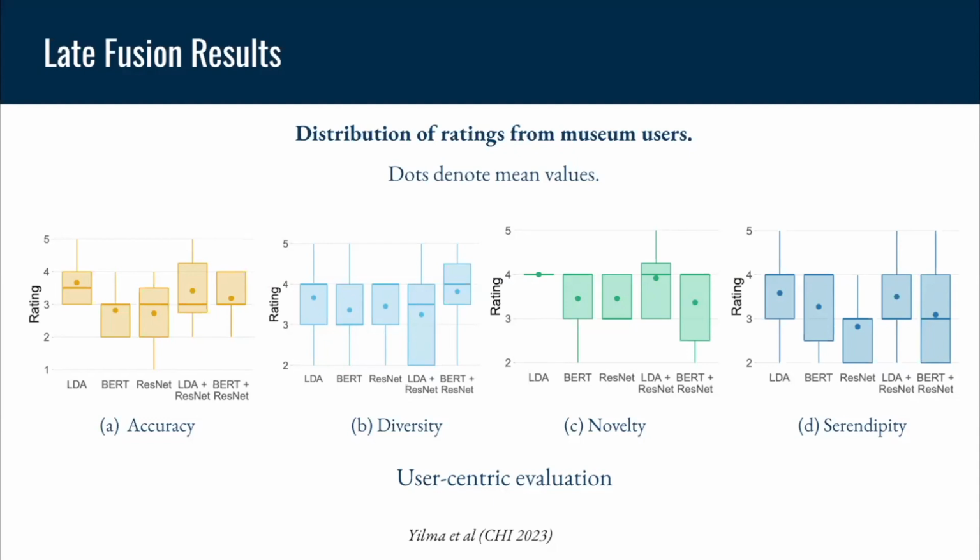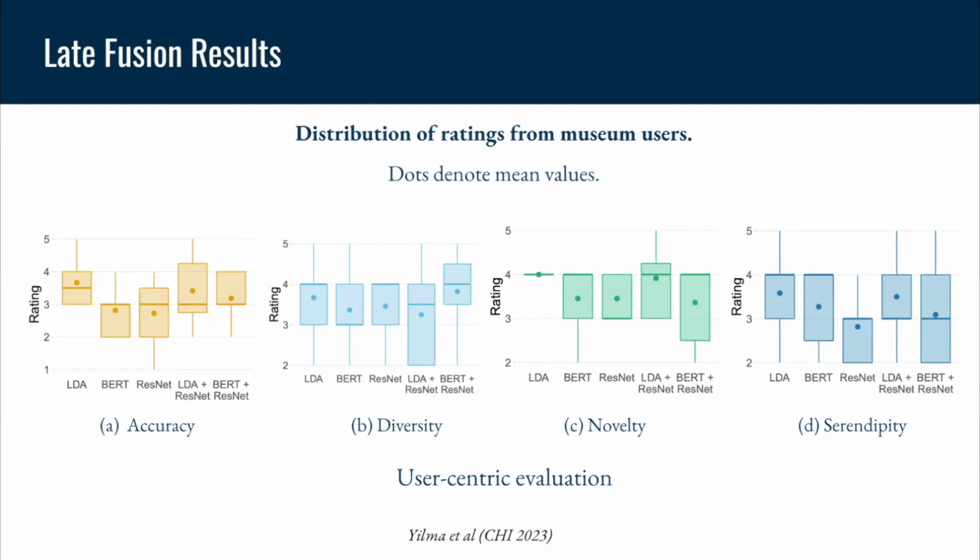And sometimes users would like to receive a painting or an item which is kind of diverse. They want to learn something new they didn't know before. And novelty basically captures this. How novel were these recommendations? Did you find something new that you didn't know before? Or how surprising were the recommendations? So if you can manage to strike a perfect balance across these four evaluation dimensions,